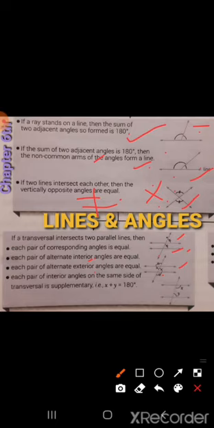Now each pair of interior angles, the angles at the vertices, we call them interior angles on the same side of the common side. Same side means the common side of the transversal. Their sum is always equal to 180 degree. If you remember, in the fifth chapter we learned regarding Euclid's fifth postulate, that lines are parallel if the interior angle sum equals two right angles. Two right angles means 180 degree. The same line is here also, they are called supplementary, right? They make a supplementary. X and Y. Look at here, X and Y. X plus Y equals 180 degree. Clear? Okay.